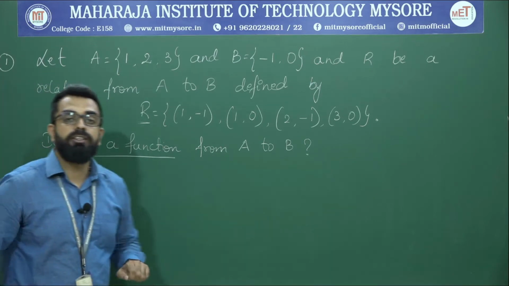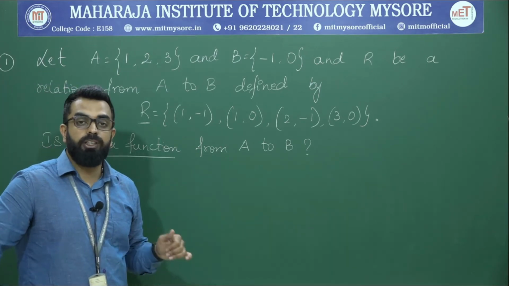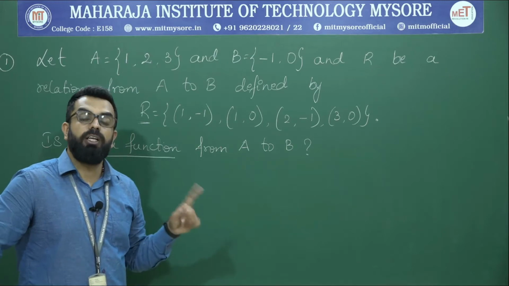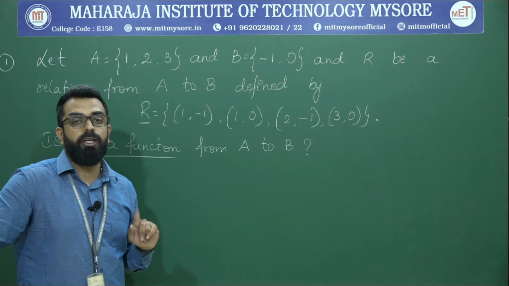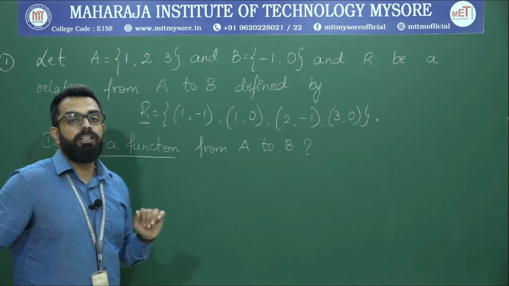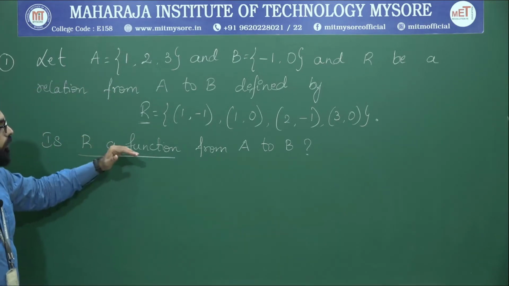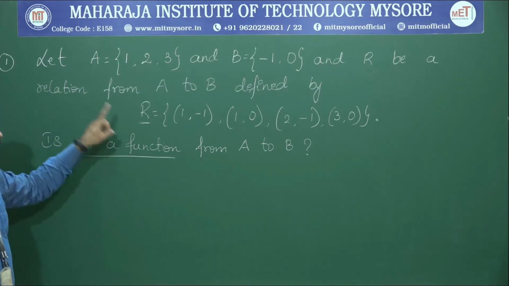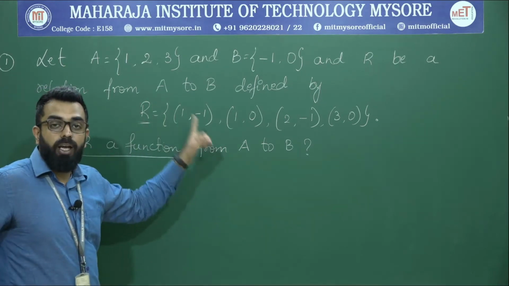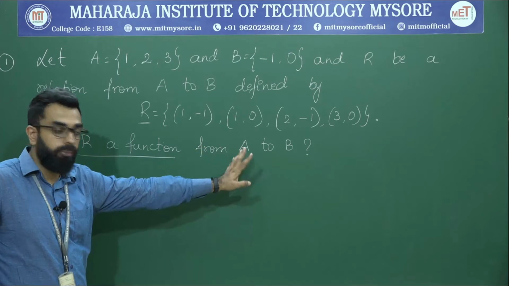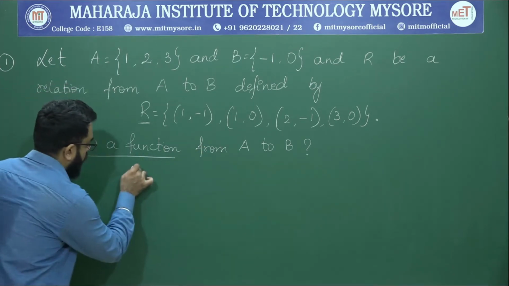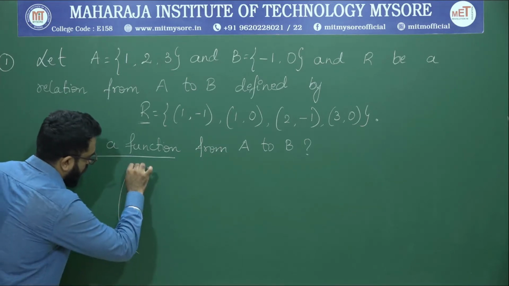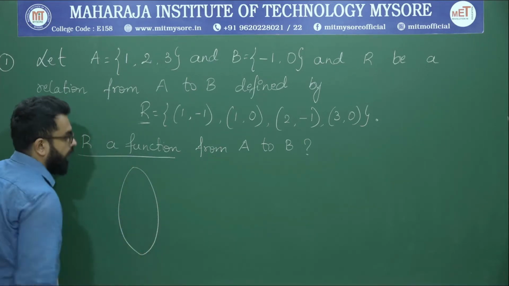So how do we understand this? How do we identify this? What is a function? A function is nothing but a relation. Then can all relations be functions? No, they cannot, but all functions are relations in turn. So for R to be a function, the added clause is that all the elements of A should have a unique element in B. For ease of solving this, we will take the help of something known as arrow diagrams.